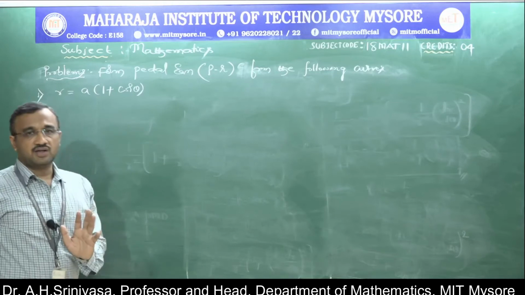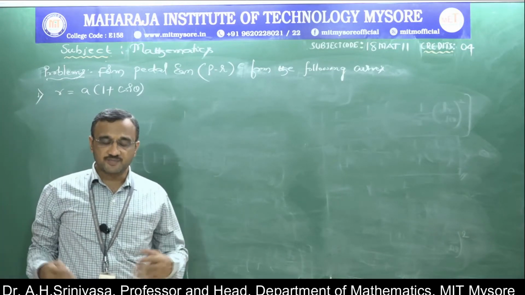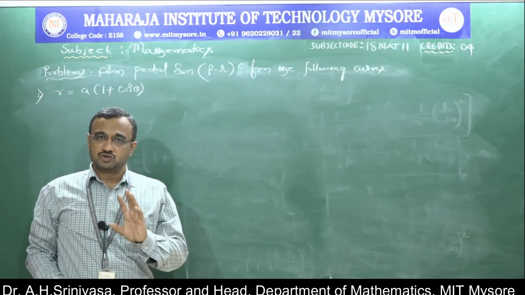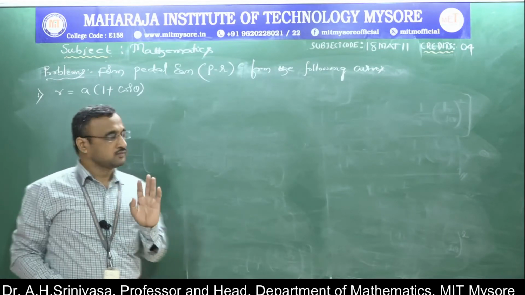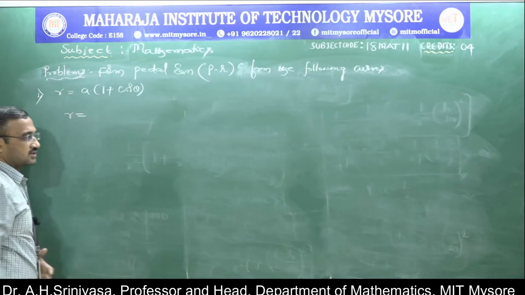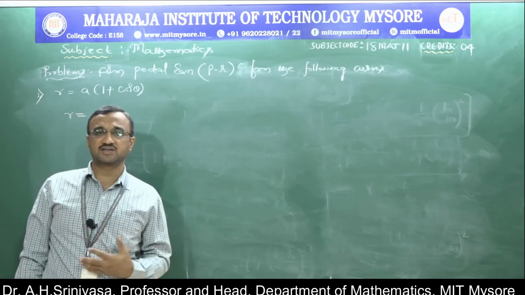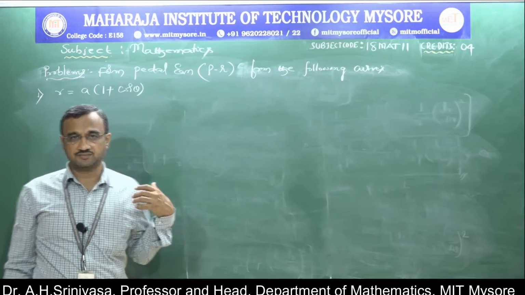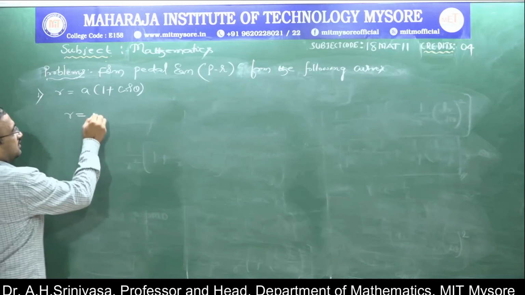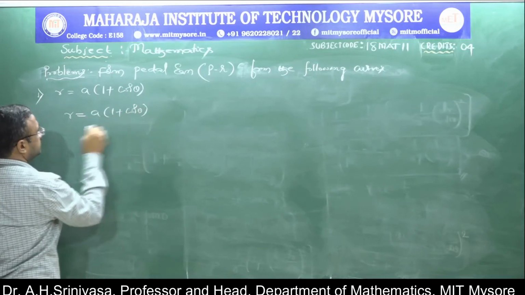So our duty is to find out the value of phi. If we say it is a pedal equation, the equation should contain p and r. So as usual in the last class problems, that means we are going to find out the angle between the radius vector and the tangent. Same method we have to apply here now. So first, taking log on both sides for this function,